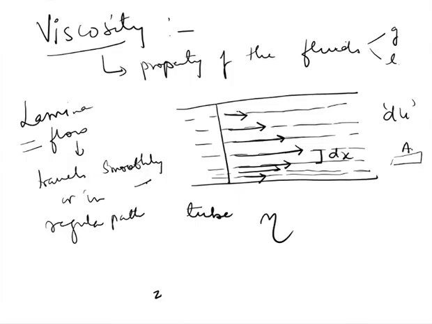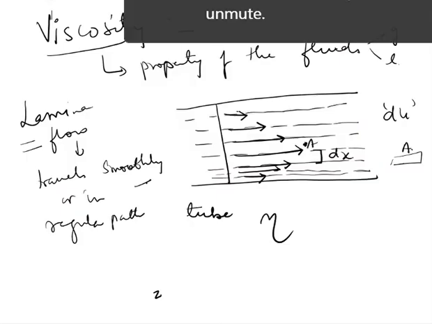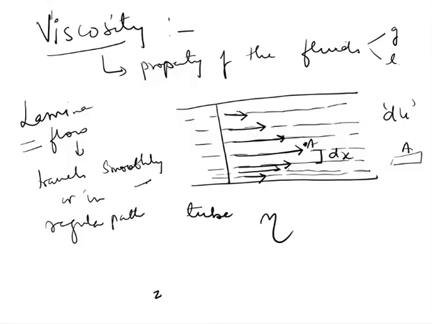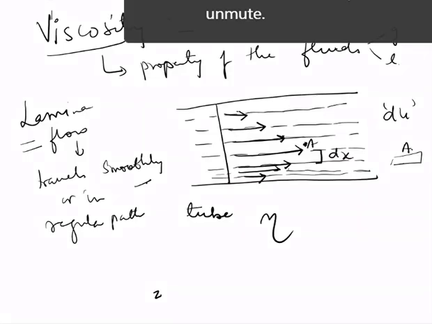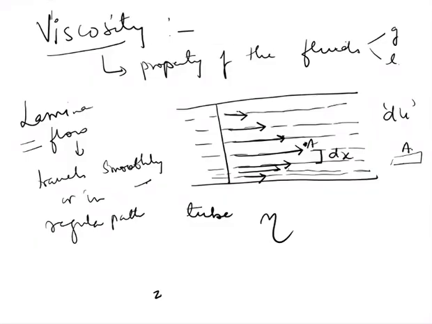It measures the resistance to flow which is offered by a fluid layer when another adjacent parallel fluid layer tends to flow past the other layer. So class, if I'm talking only about this layer, it means that the other layers, this layer or this layer, they're trying to reduce this velocity, okay? So it is measured in terms of the